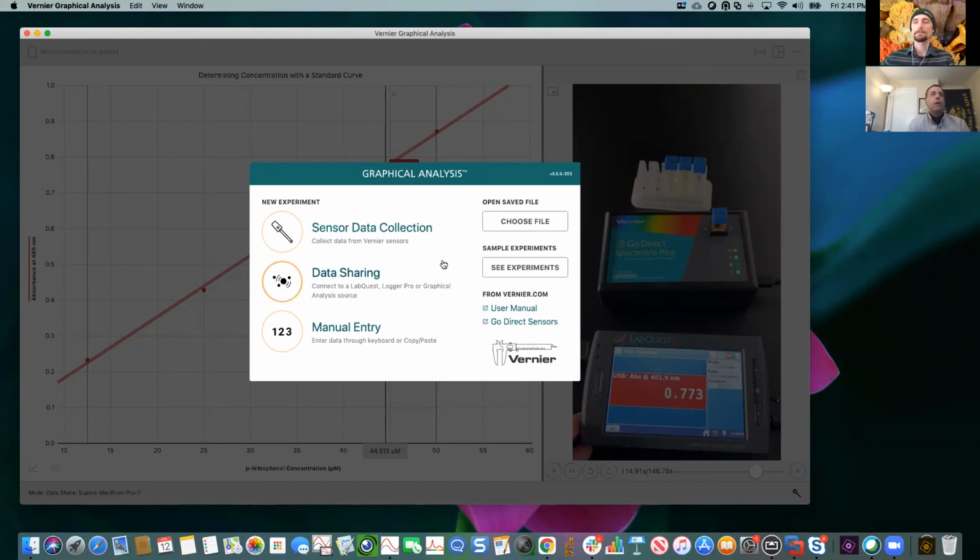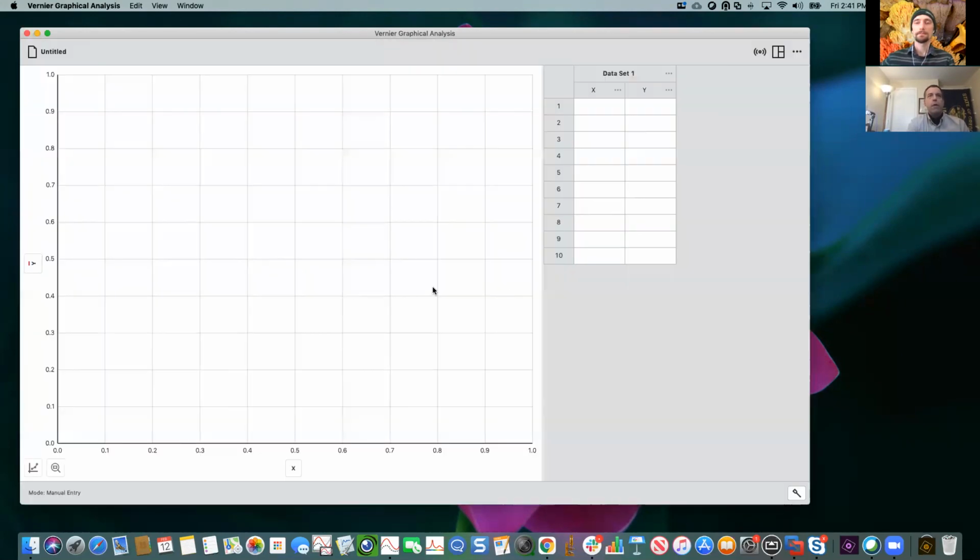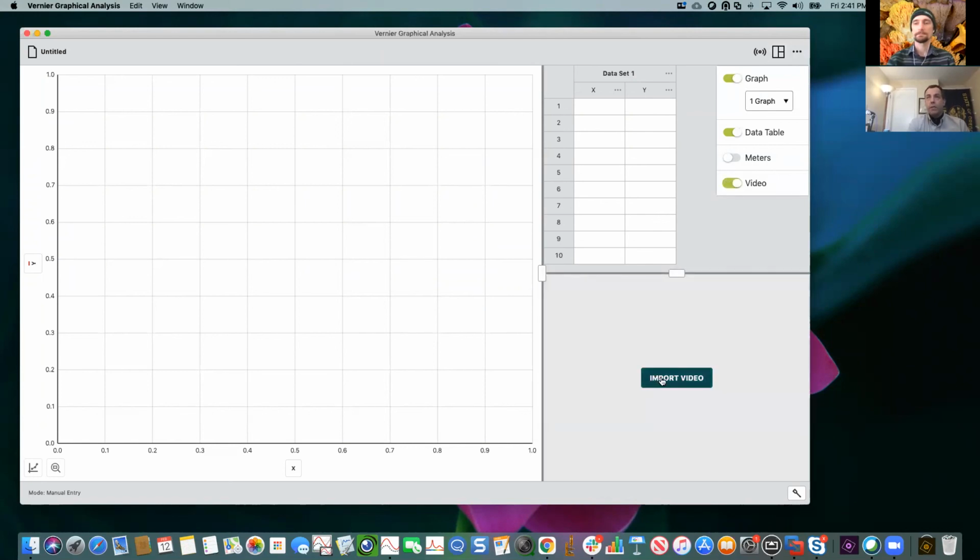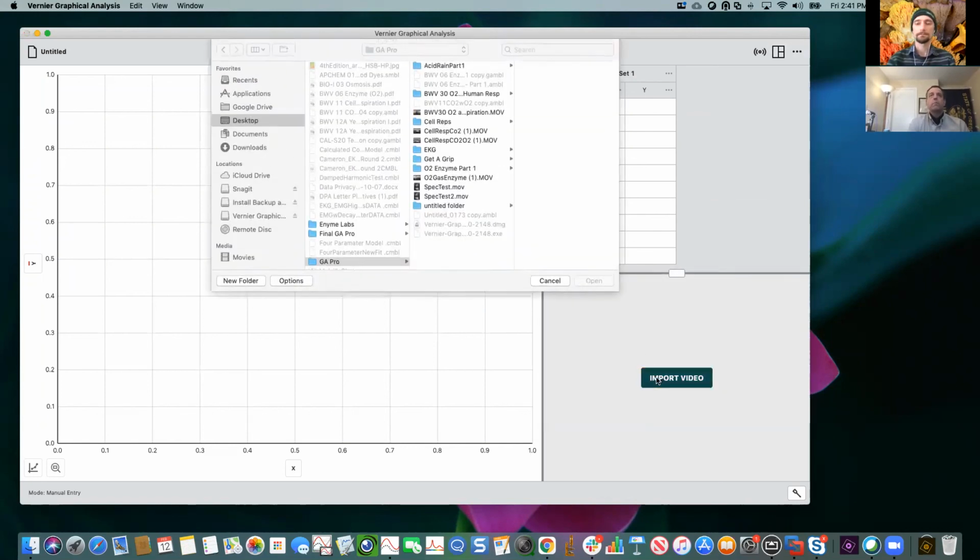So I could do new experiment, manual entry. Then if I click over here, I can turn on video, and then I could import any video. Let me find it on my desktop.